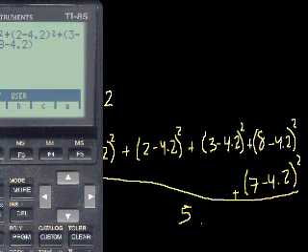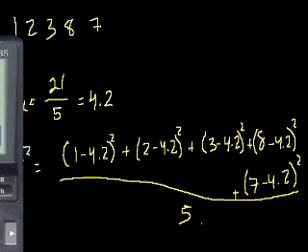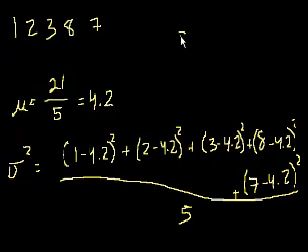I'm just taking the sum of the squared distances from the mean. One more, plus 7 minus 4.2 squared. So that's the sum. The sum is 38.8, so the numerator is going to be 38.8